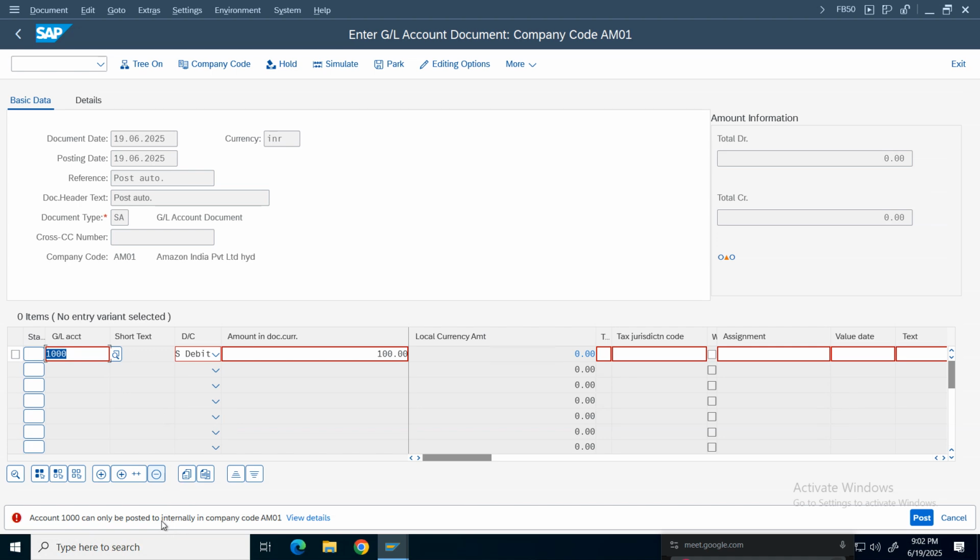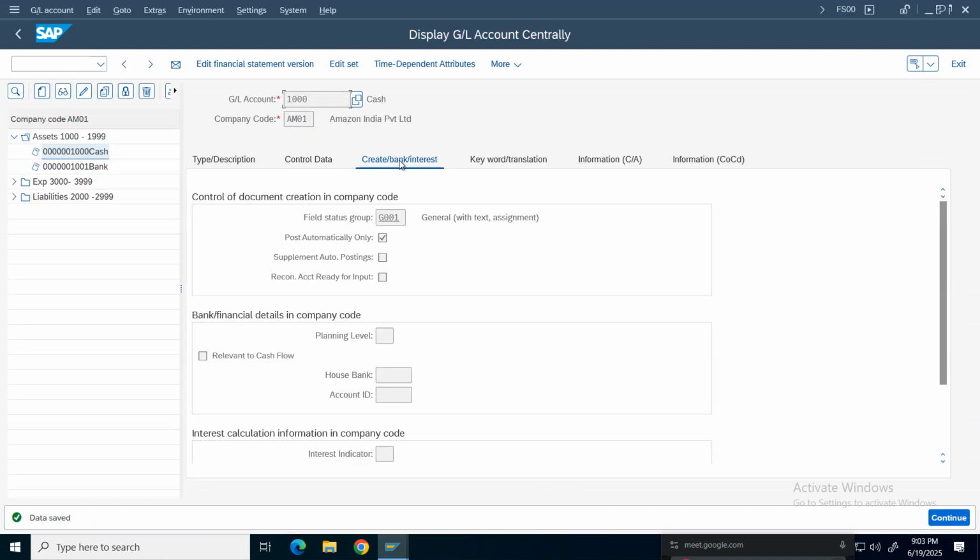So system for the automatic postings, for example, as I mentioned earlier, like GRIR account or inventory accounts or sales revenue accounts. There are certain accounts where you want to activate post automatically, so that no one will enter transactions to that GL account. Any question on this one? Fine, right? So this is the functionality post automatically,